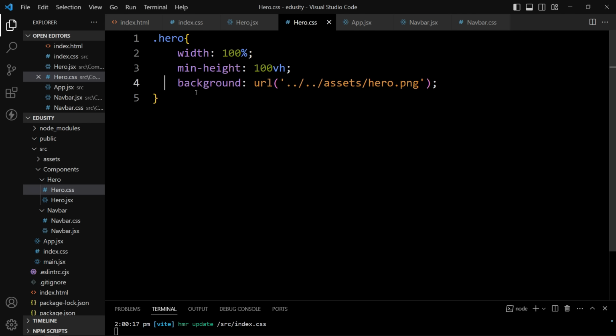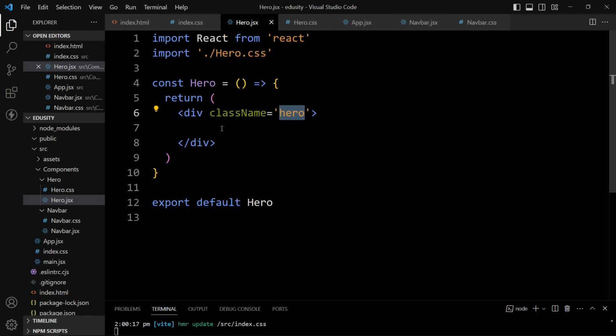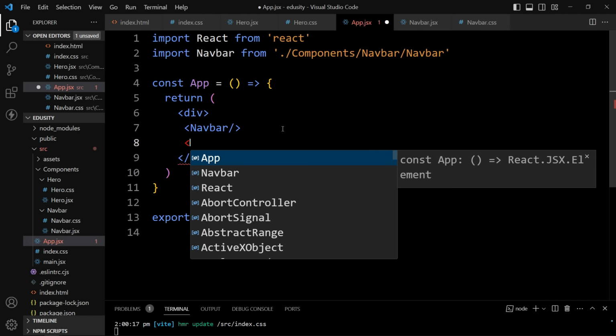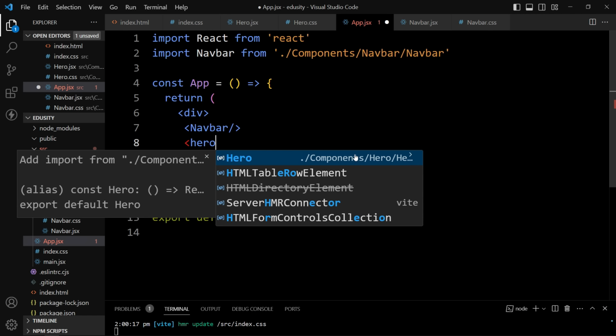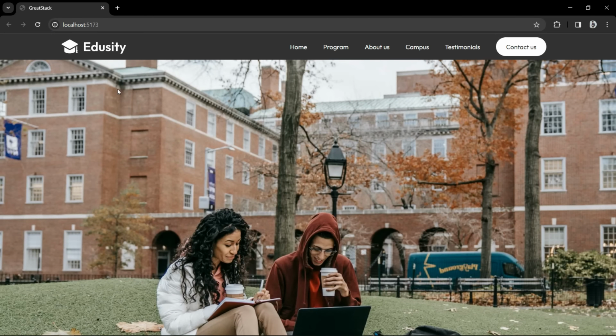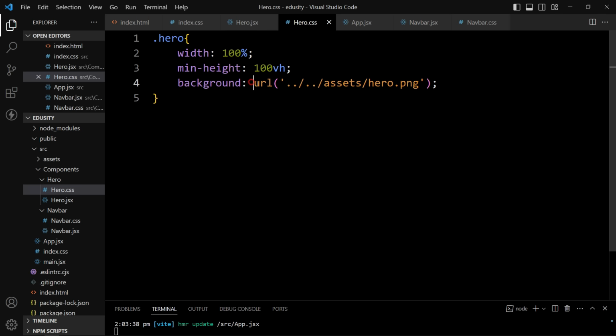After adding this, we have to mount this hero component in the app.jsx file. So open app.jsx and after this navbar, we will add opening arrow, hero, select this and close this. Right? After that, open the web page and you can see here we have the navigation bar, then we have a image. Now we need a dark layer over this image. So again come back and open this hero.css file and here before this URL we will add